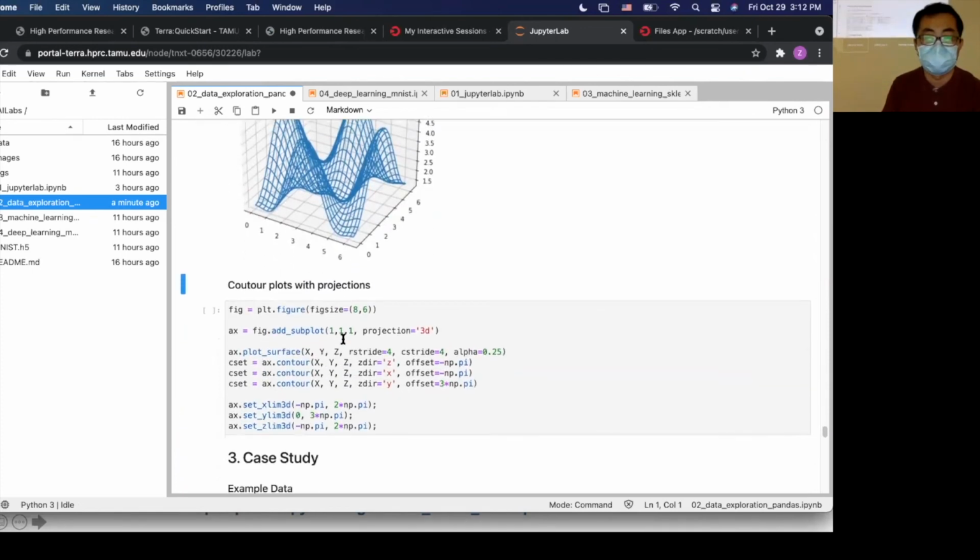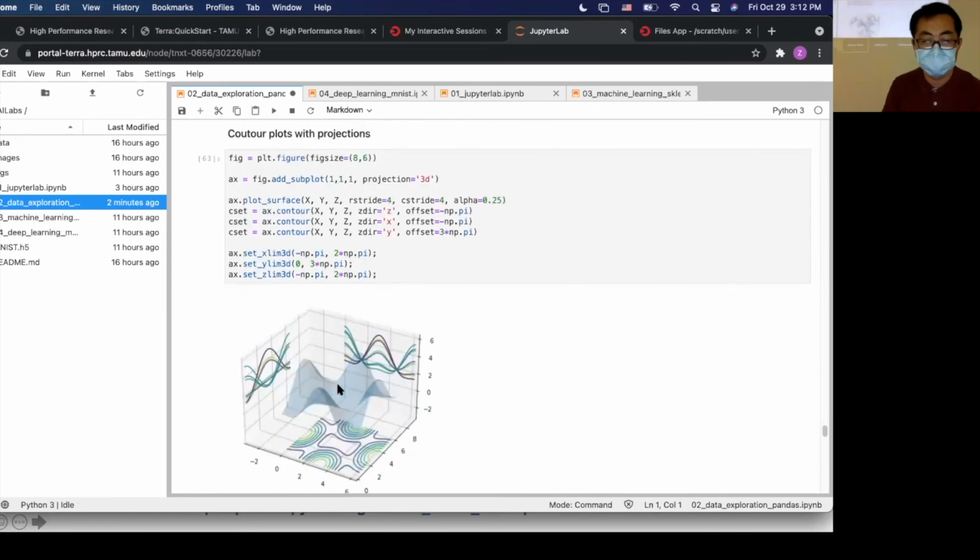We can also do contour plots with projections. Let's see how it looks. This is a projection of the figure onto different directions, giving you different views, like a top view and two side views.